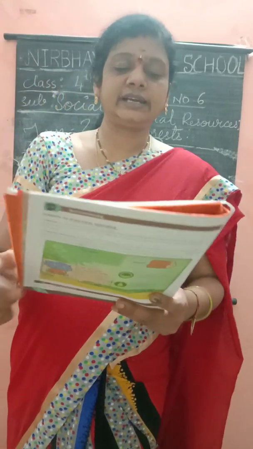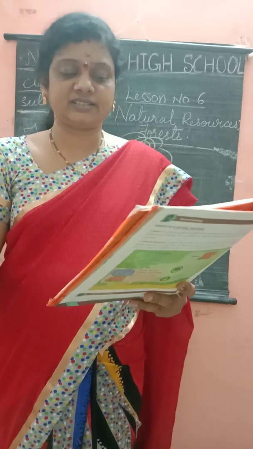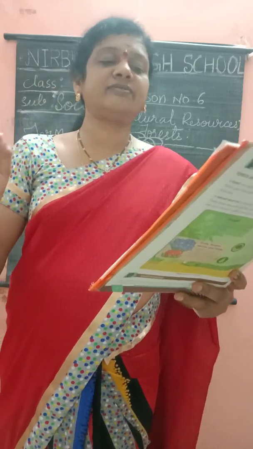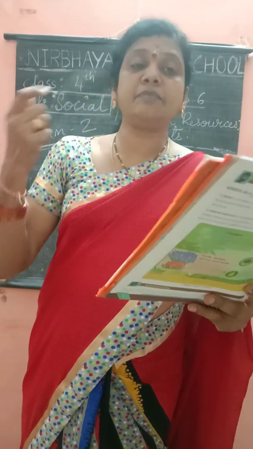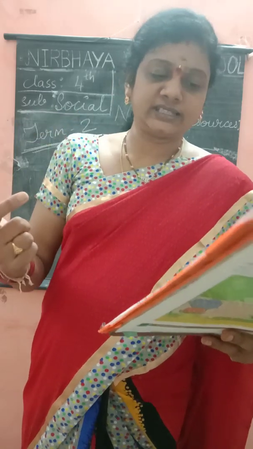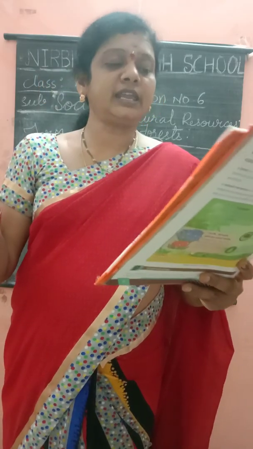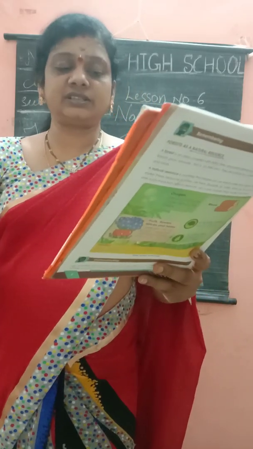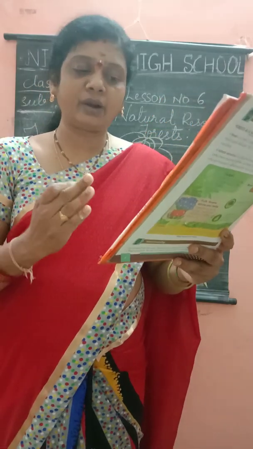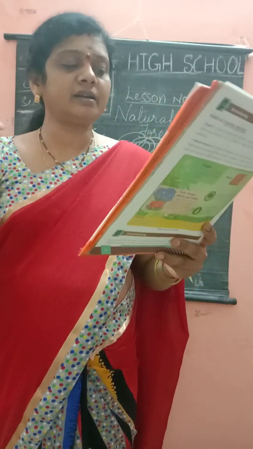Coniferous forests. It is the location where we find this. Yes, the coniferous forests are found in regions such as the Himalayas and Nilgiri mountains. These regions are quite cold. They are very cold. It also snows on the Himalayas. Yes, the features: the trees are pointed and narrow at the top and wider at the bottom.